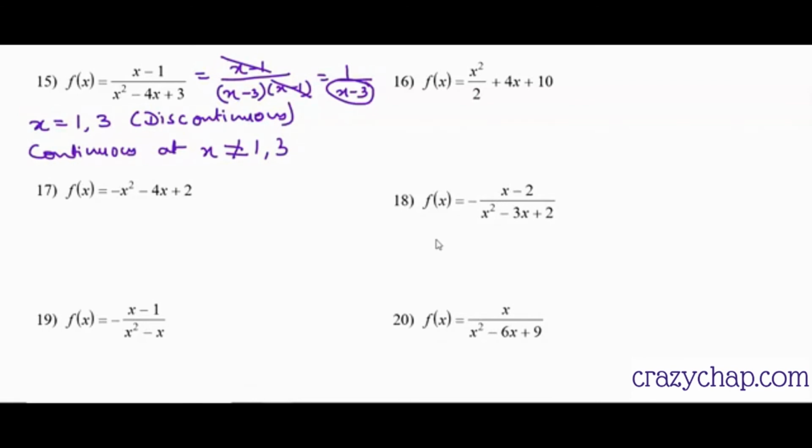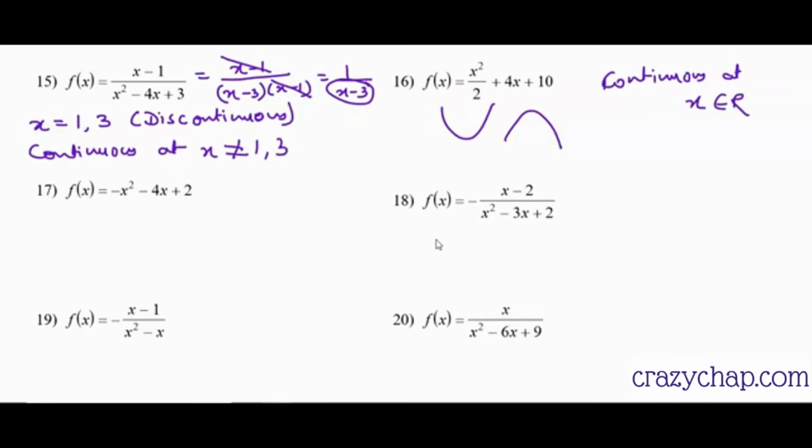This is not a rational function at all. x square over 2 is continuous throughout for all values. So this function is basically a quadratic function, and it is a continuous function. You know how a quadratic looks, it looks like this way or this way. So anyway, it is continuous throughout. So continuous at x belongs to R. For all real values of x, the function is continuous.